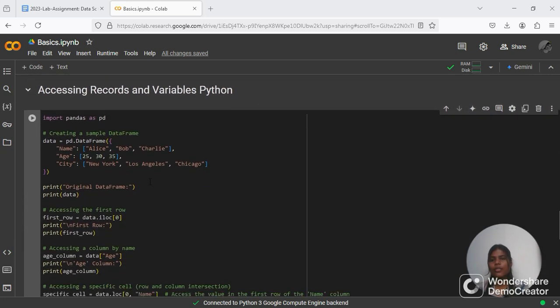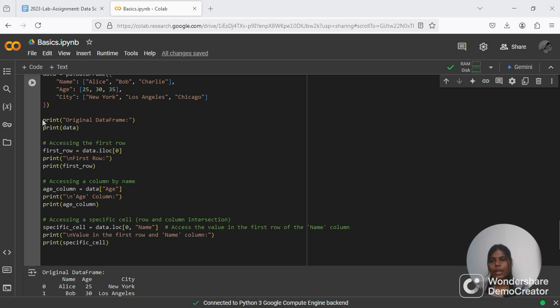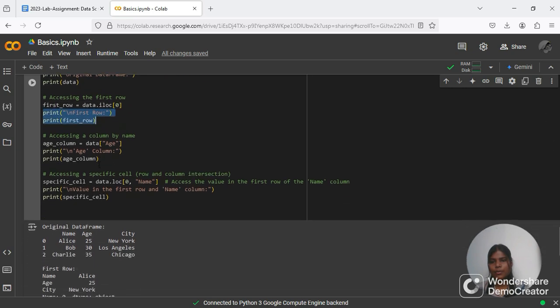Now, accessing records and variables. If we have a data frame and we want to access some record or a variable or many variables, how will this work? First of all, we create a sample data frame like we took in our previous code. The first print function prints the original data frame, and then if we want to access the first row, we simply write first_row equal to data.loc. loc is location, and then in square brackets we give the index,